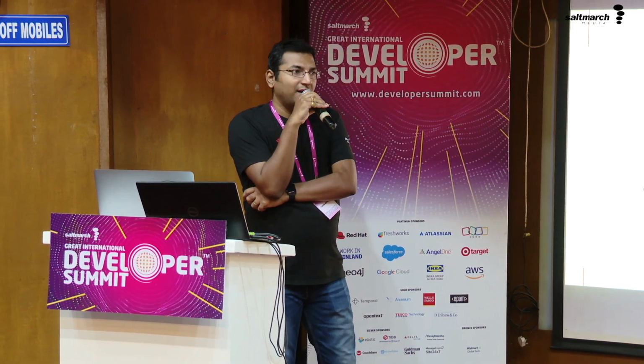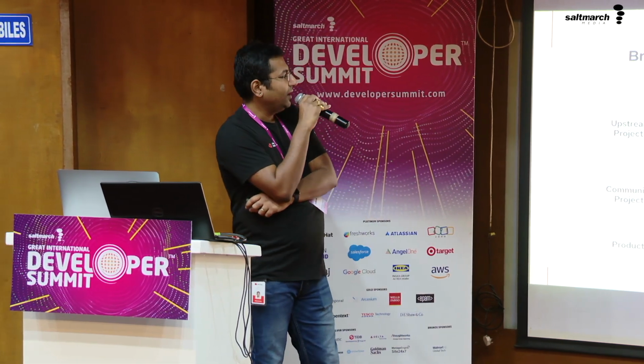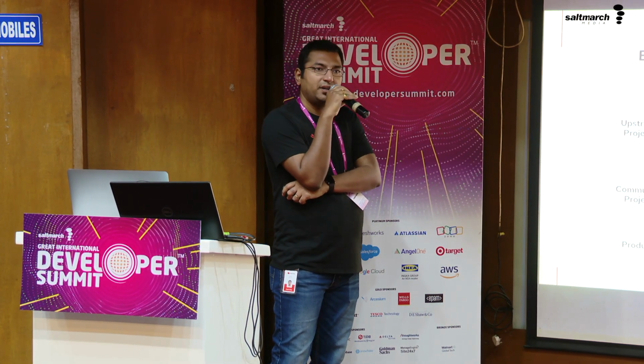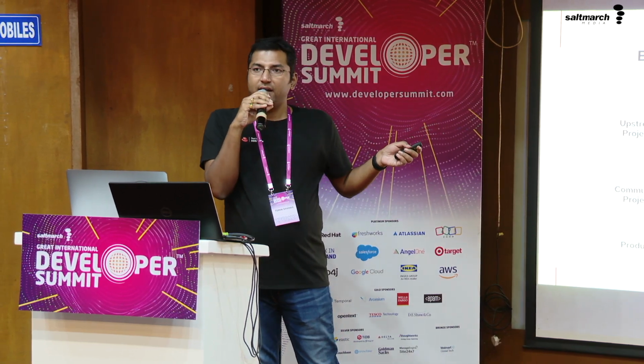So this is where the AI and ML come into the picture. If you look at the upstream projects, there are various open source upstream projects like Jupyter, Kubeflow, Ray, TensorFlow, Scikit-learn, and all those things. Then we have a community project, which is the Open Data Hub. What Open Data Hub does is it provides an open source AI platform, which leverages all those upstream projects, and it makes it really easy to use, build your application, test it, and deploy,